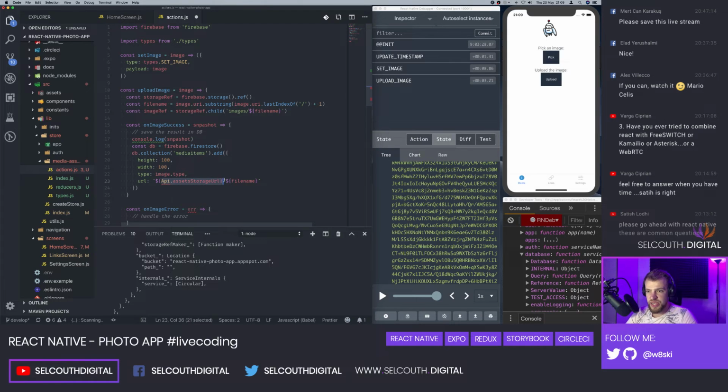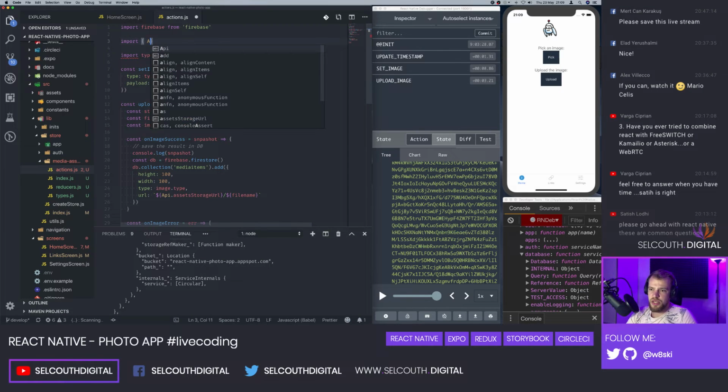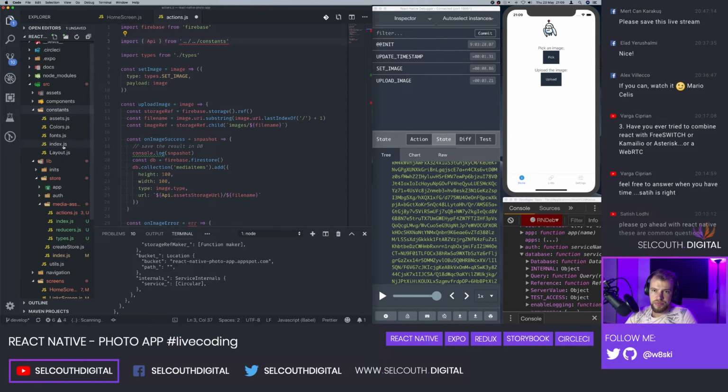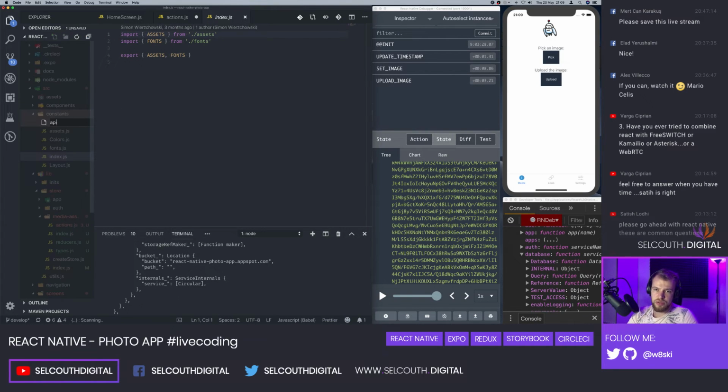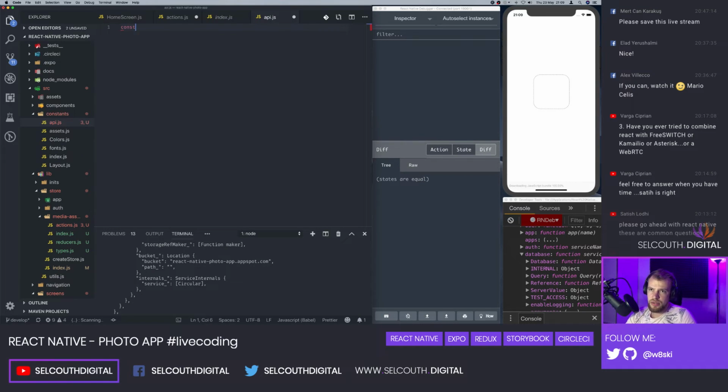So this is always going to be the same. Then the file name is what we actually generate on the fly. And let's import this API from constants. There actually is a folder called constants already. So this is it. I'm gonna create a new one called API, and then